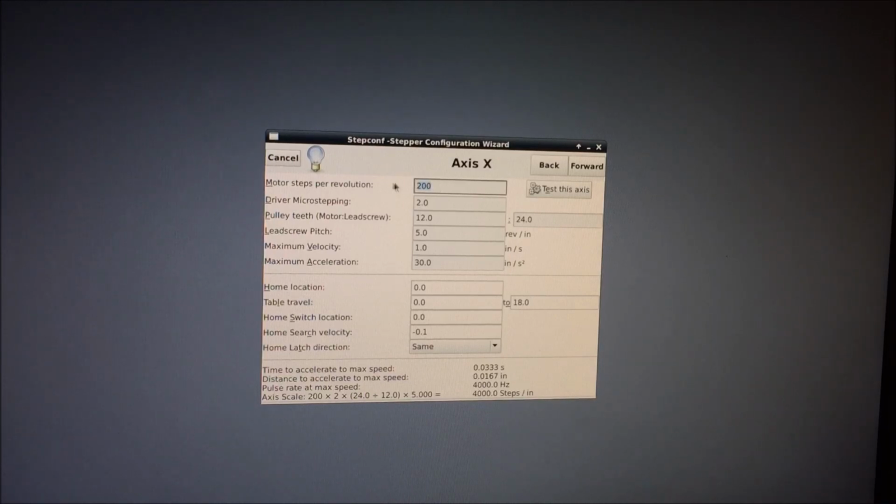So I can go in here and change this. In this case, again, 40%, 200 is 40% of 500. So we'll change that to 500. And you'll see down here at the bottom, the scaling changes to 10,000, just like it did by going in and changing it manually. The advantage of doing it this way is when I want to make other changes, such as inputs and outputs and things like that in this interface, and don't want to go in and write the LinuxCNC code to do that manually,